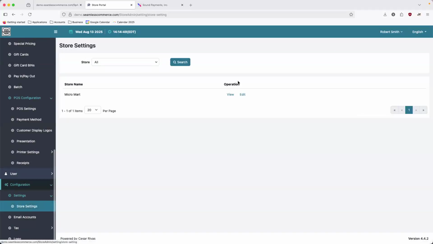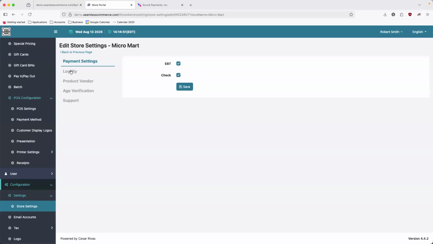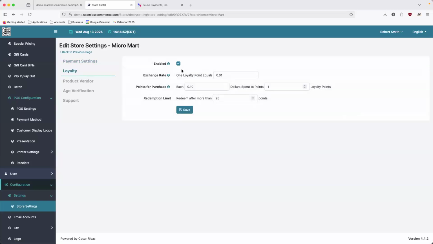You'll go back to your store settings and you can configure it this way. You can enable it if you want to use it. You can make it so that one loyalty point equals 1 cent, so 100 loyalty points equals $1. And for points per purchase, you spend 10 cents, you get one loyalty point. And then you can also have a redemption limit,